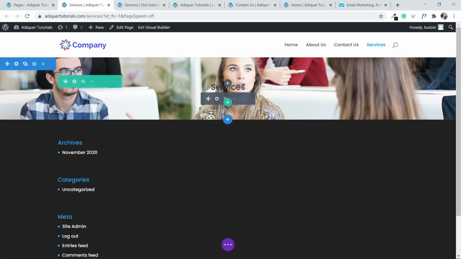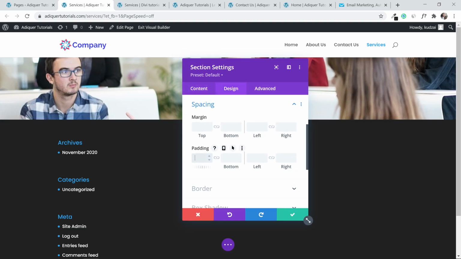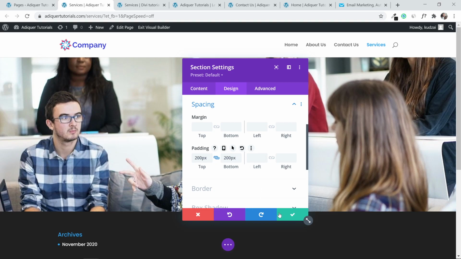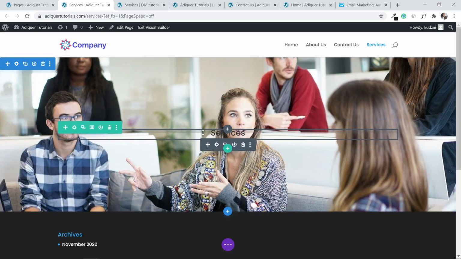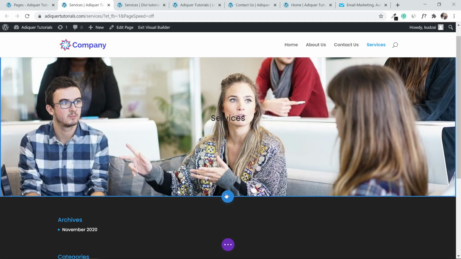Now, as you can see now, the section is a bit too small. So we want to increase this space over here, this space inside the section. So go to your gear icon, design, spacing, add the padding somewhere to 200 pixels on the bottom and on the top, then click save changes. Now you have a nice section with the text over here. You can always make this text bigger. You know how to design that. Let's move on to the next section,